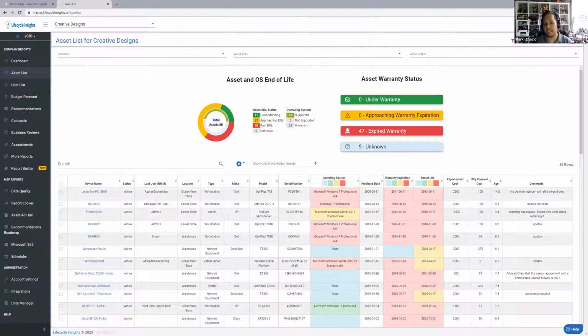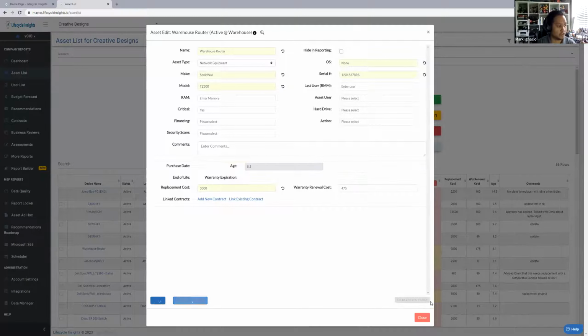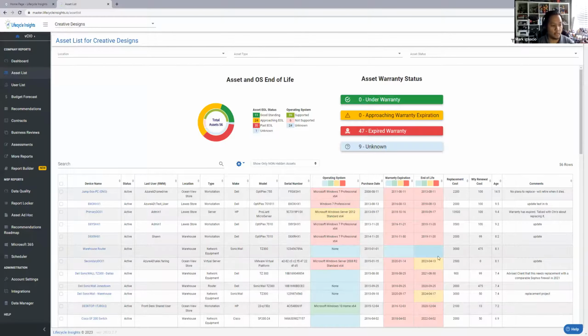However, some items may not have an end of life. BDR by your managed services agreement covers it, so that's a contract. And if you want to remove those, you can actually remove them. Let's just make this as an example. This wireless router. I can remove the end of life for this. Save and close. Now that wireless router is no longer there. No EOL means it won't be part of the budget at all.